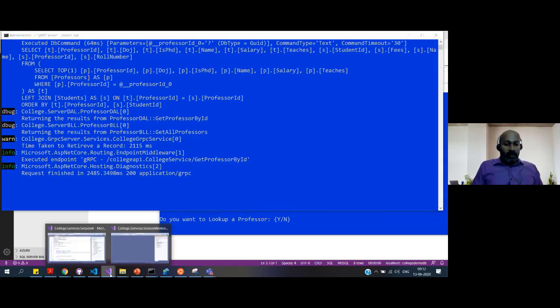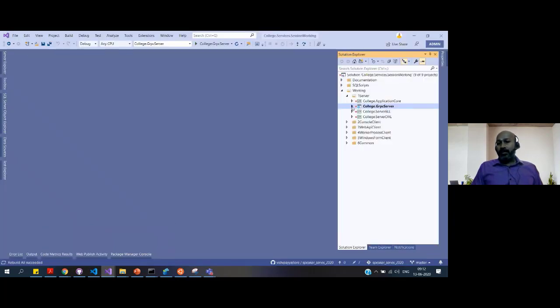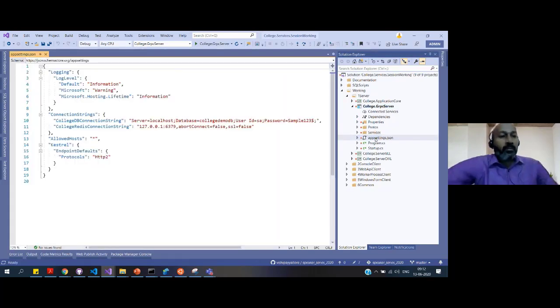So quickly we can come back to the server and open this app settings. So here is where we have defined